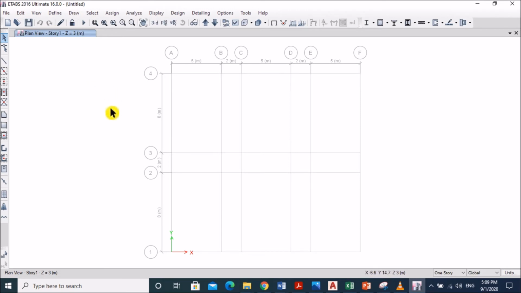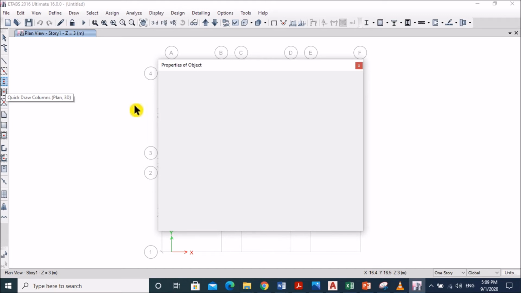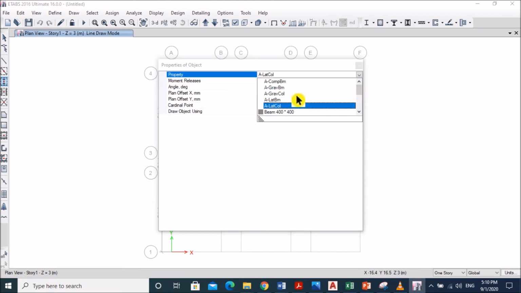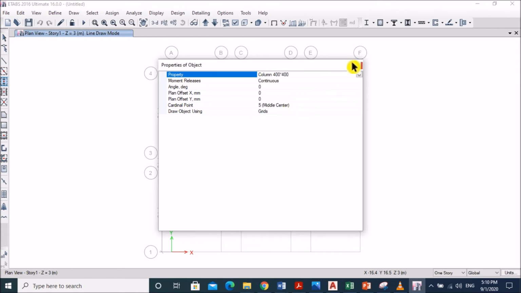Now we have to assign these sections and materials in the grid. First go to quick draw columns option. Property will be column 400 by 400, what we defined.